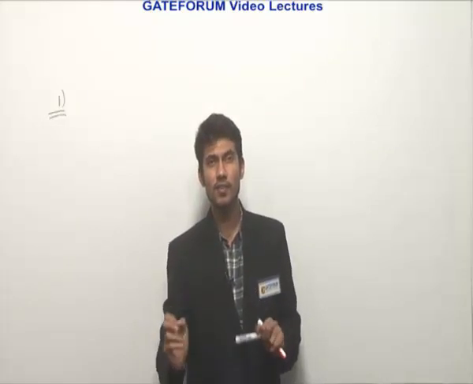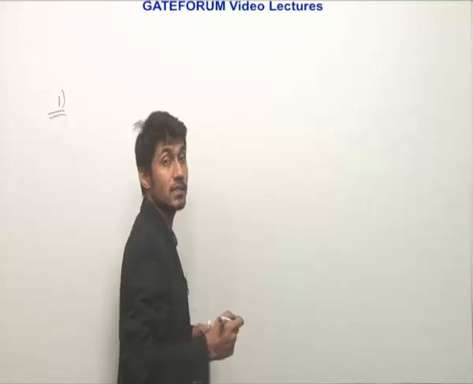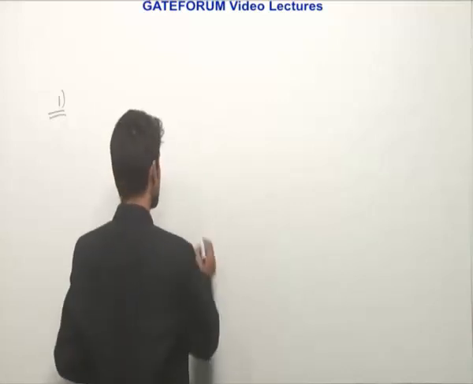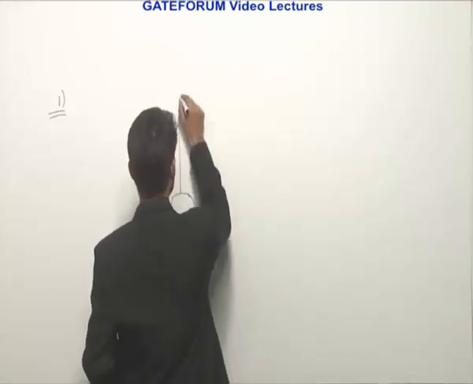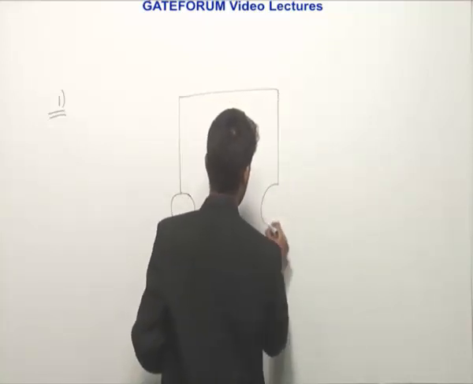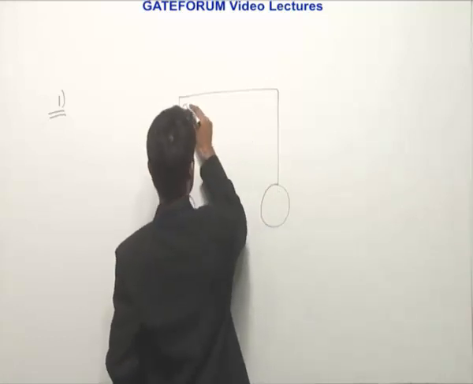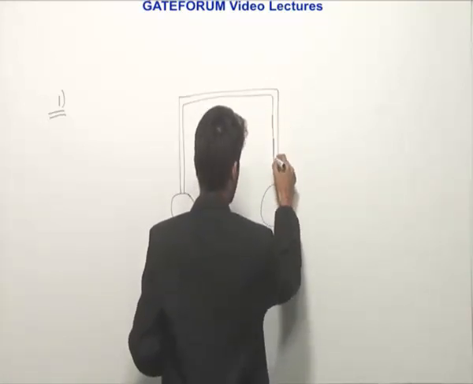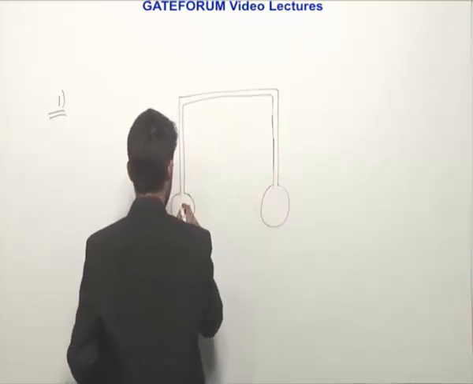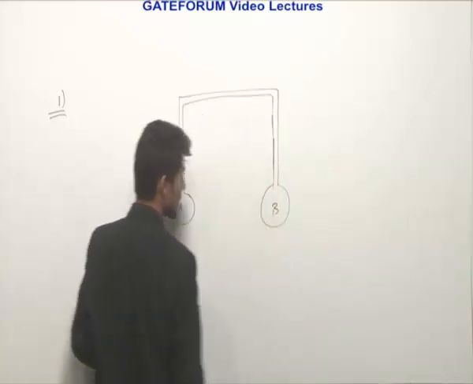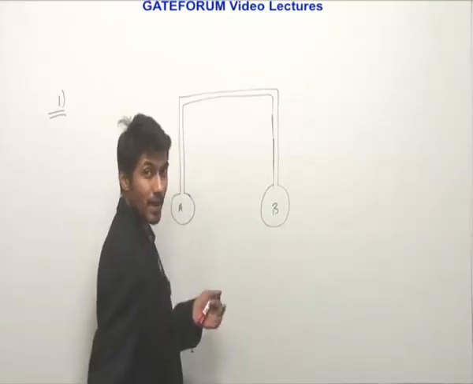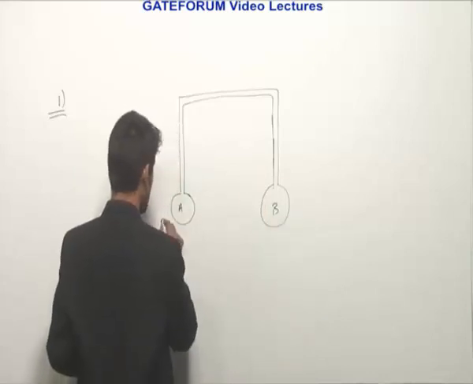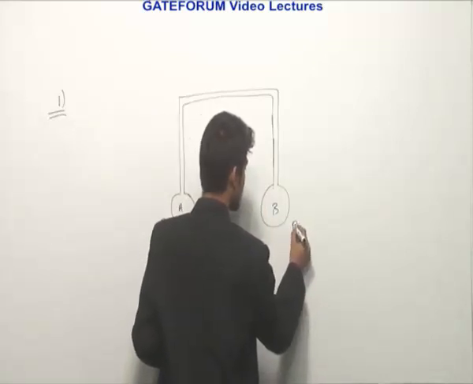Now, statement 1: a differential inverted U-tube manometer determines the difference in pressure between 2 points in a flow section to which it is connected. I will draw one kind of differential manometer. It is a rough sketch of a differential manometer. This is limb A, this is limb B. Here some fluid is flowing or some gas is there. Here again some fluid is flowing. So here pressure will be PA, pressure will be PB.